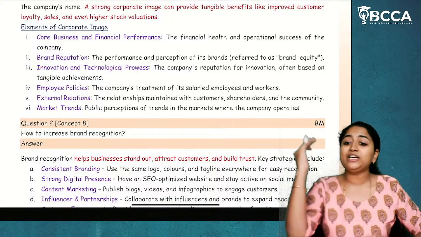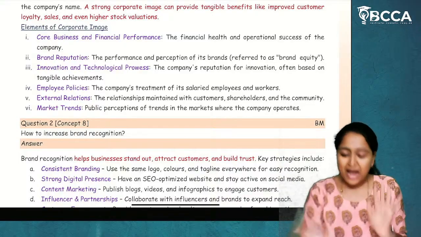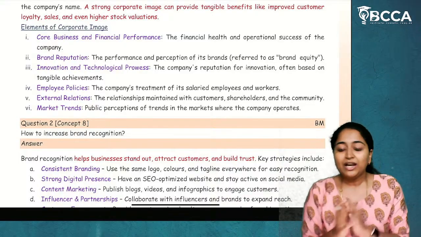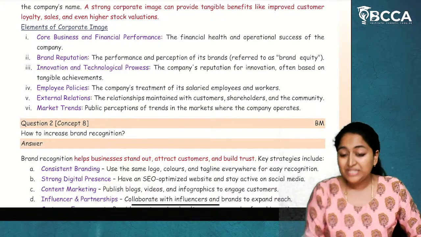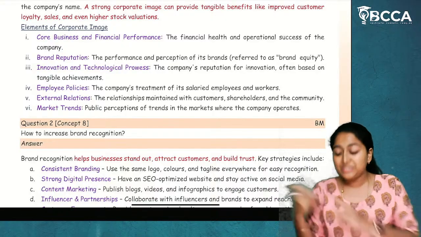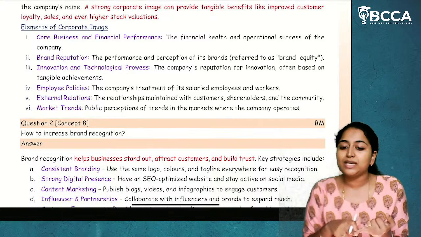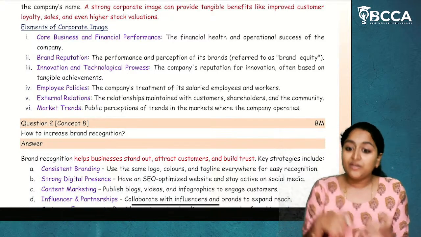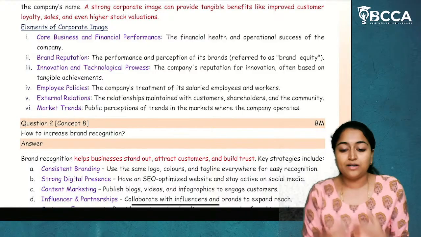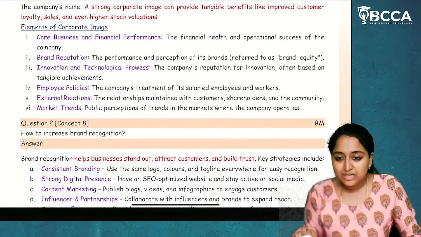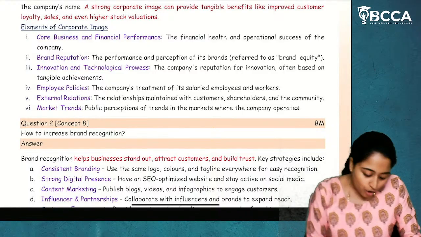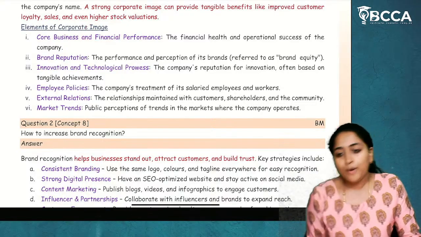Even if I'm not getting a higher return, I'll get a stable return as it is having stable profits. Now, if you're having profits, which means the sales are becoming better, which means customers are being so loyal to you. Customers are purchasing, purchases are increasing, sales are increasing, revenue is increasing, stock prices are increasing. So all these are dependent on your financial performance.